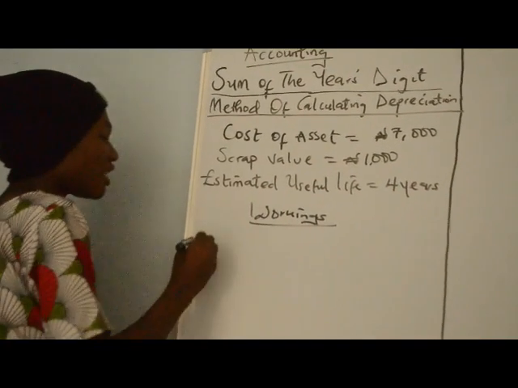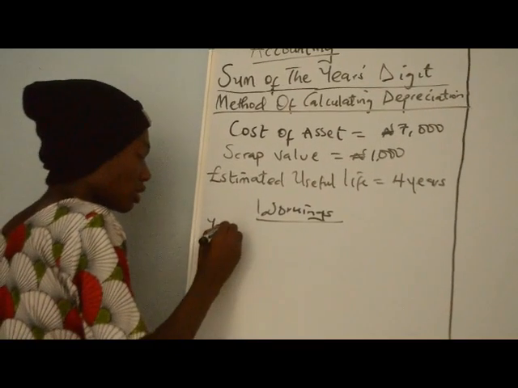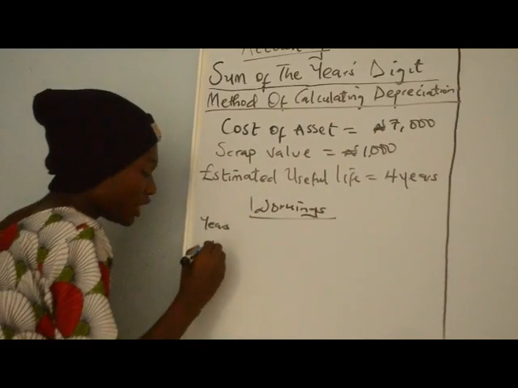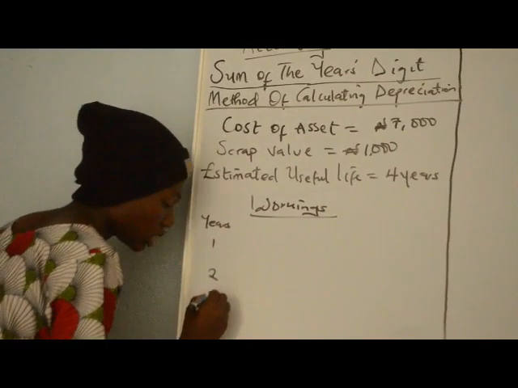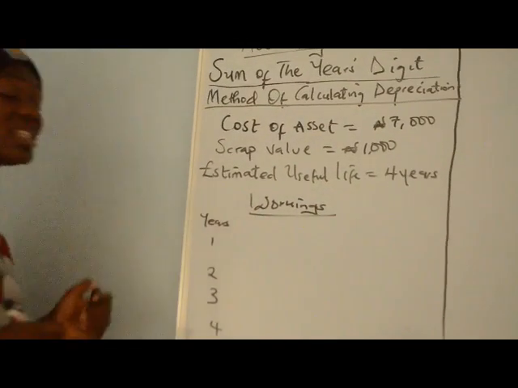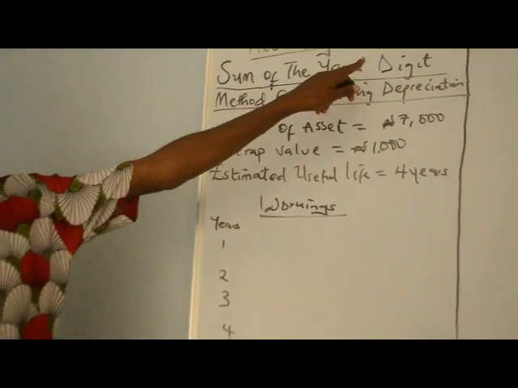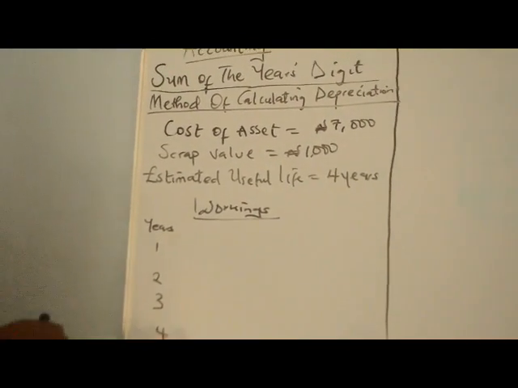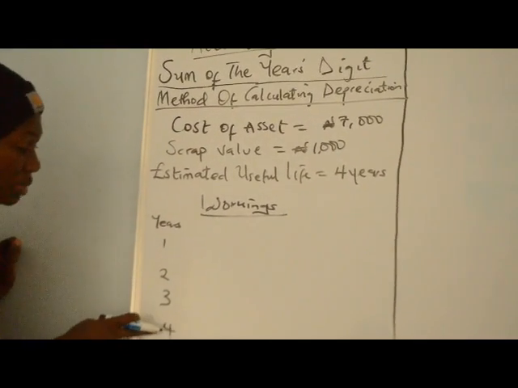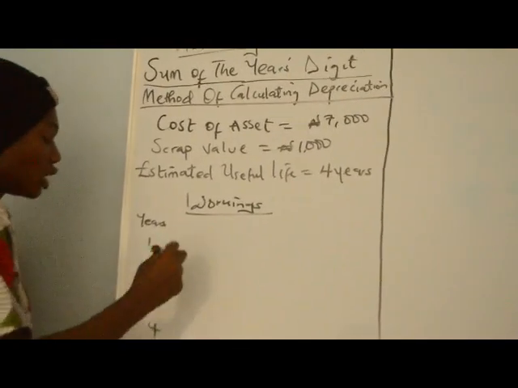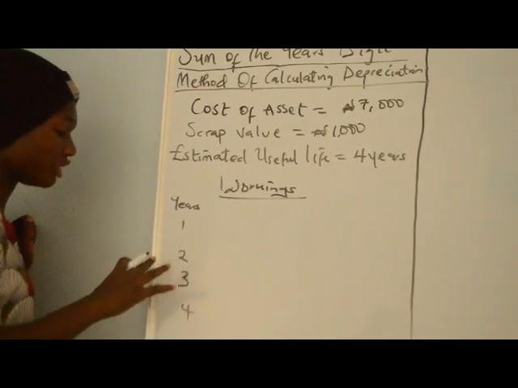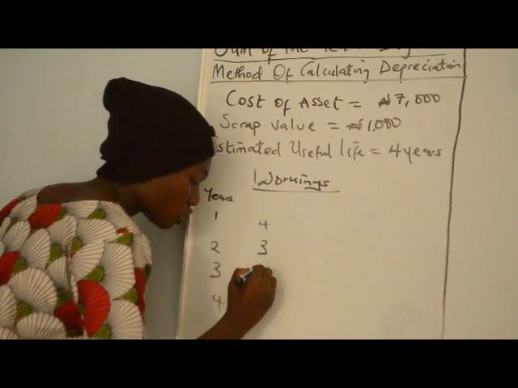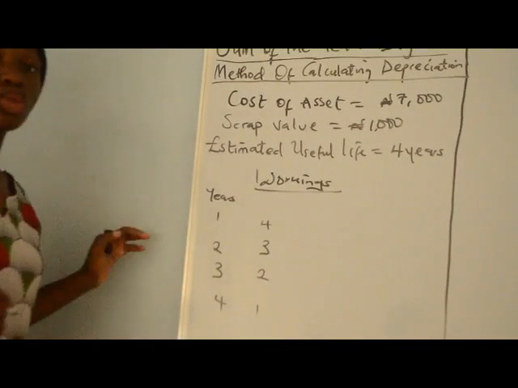Okay, we have our years, which is 4 years, right? So we'll be arranging for 1, 2, 3, 4. Now since it's the sum of the years digits, like I said, meaning we'll be adding up these digits. Now for the sum of the years digits, the bigger number will be coming up first. We'll reverse it, so it will be 4, 3, 2 and 1,